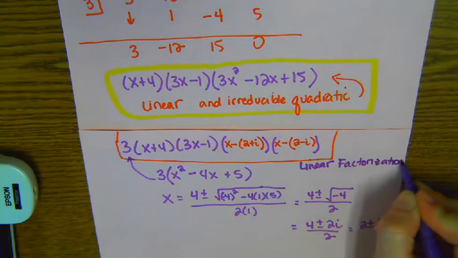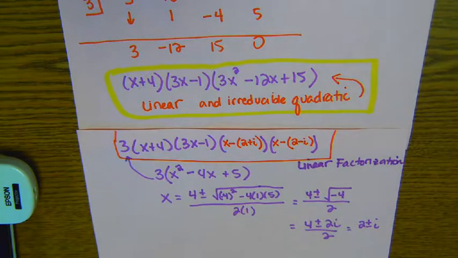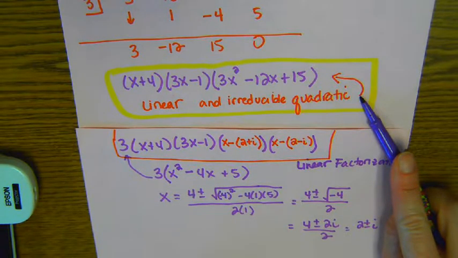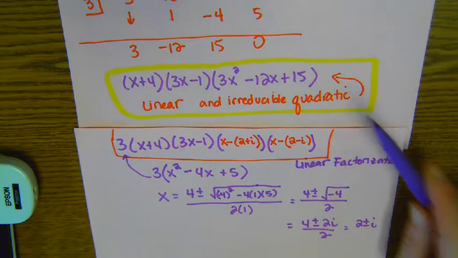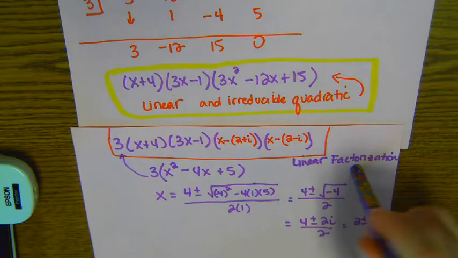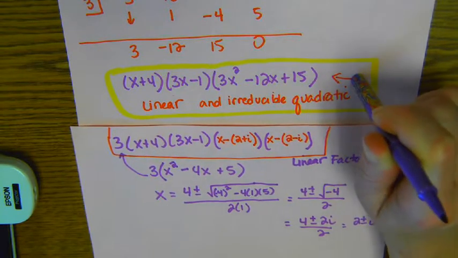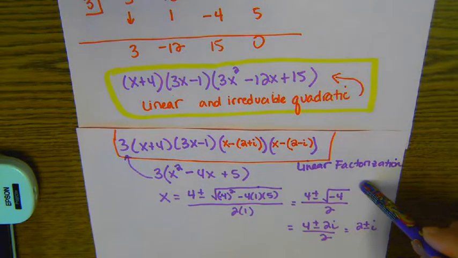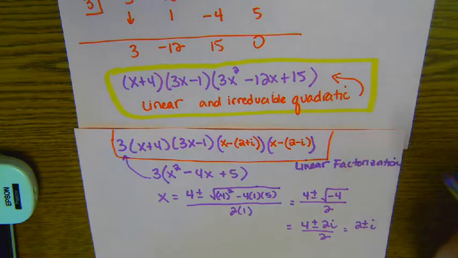Okay, so when we're doing linear factorization, are you going to see imaginary numbers? Yes. When we do linear and irreducible quadratic, are you going to see imaginary numbers? No. And a linear and irreducible quadratic always has to come before that. That's why sometimes in our book, I feel like it's backwards, because our book actually teaches you to do this first, and then that, and to me that doesn't make any sense. You'll even see that in the assignment. They ask some questions about this, and then next, they ask questions about that. So, all right, because we have time,